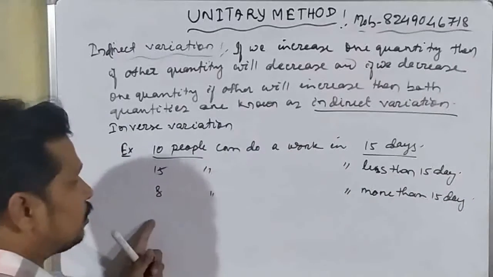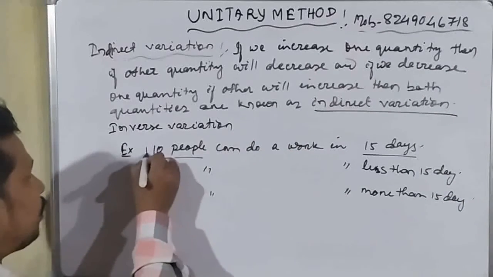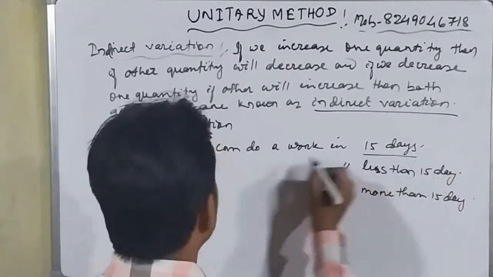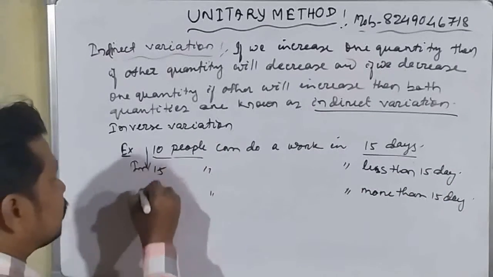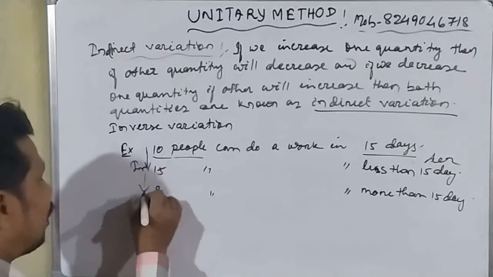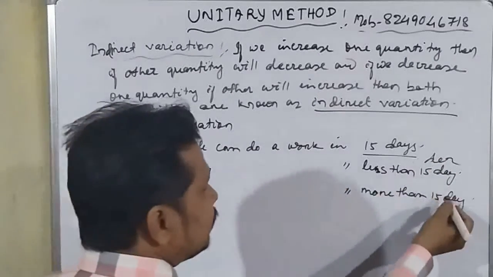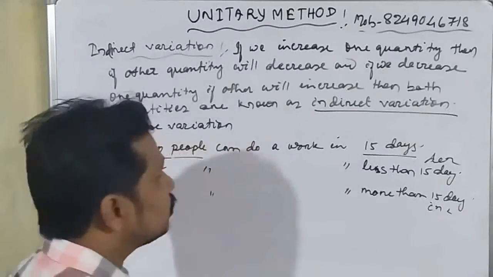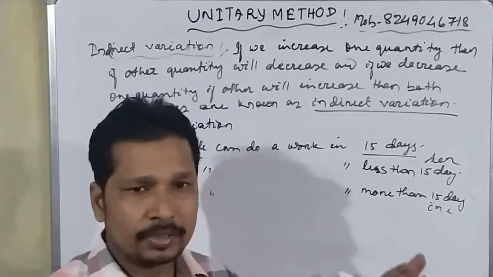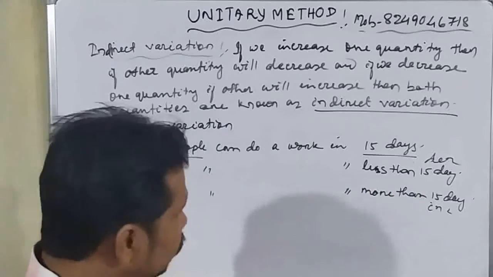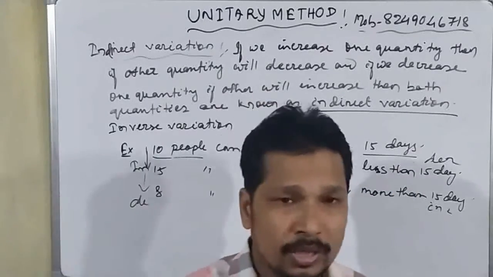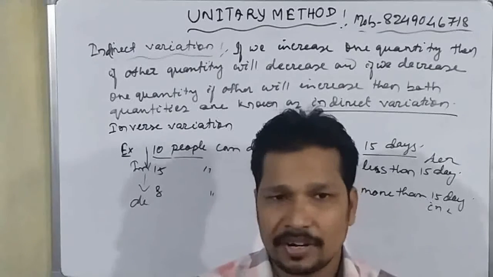So this type of thing, look at, student. When we increase here, the number of people increases. Here we can see that what we have done, that increase, and here the result is decrease. Okay, student. And here we have decreased. Okay, so the result is increase. So this type of variation is known as inverse variation or indirect variation. Okay, student. So now in this we have cleared about the indirect variations and the direct variations.